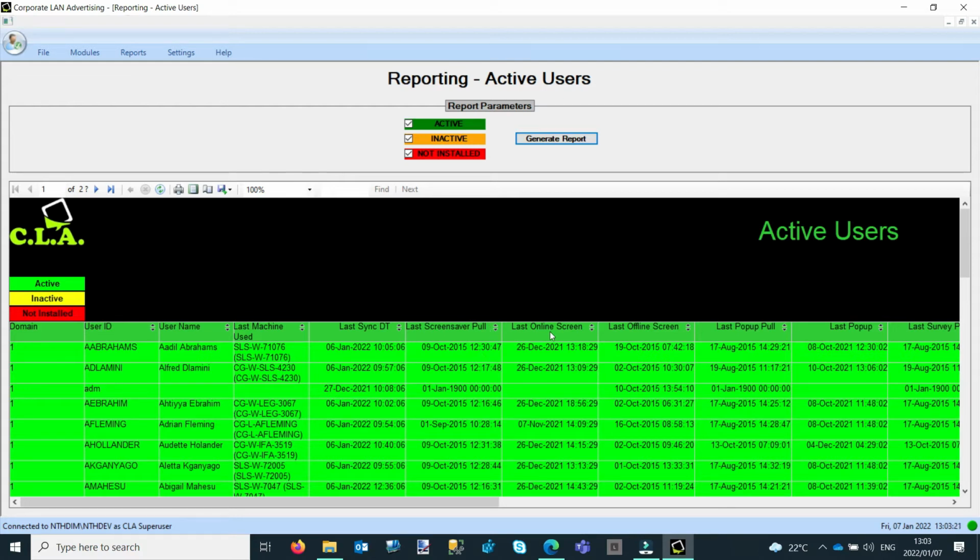And then for each of the modules, it gives you the last pull date and the last display date for each. To tell you the difference between the two quite quickly, if you as the administrator upload content for any one of the modules, save it onto the CLA database, the end user has to successfully synchronize to be able